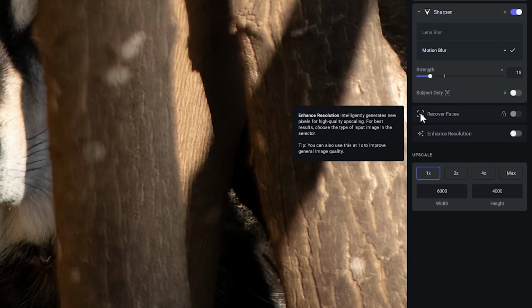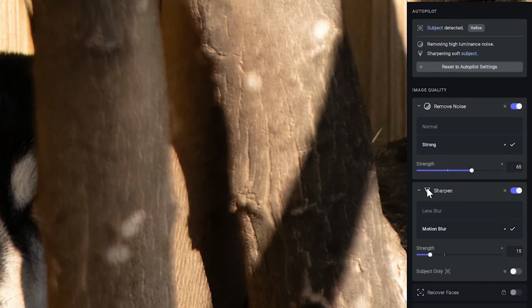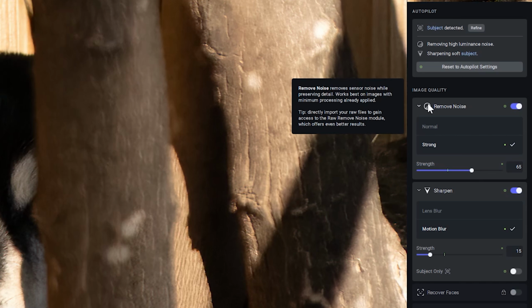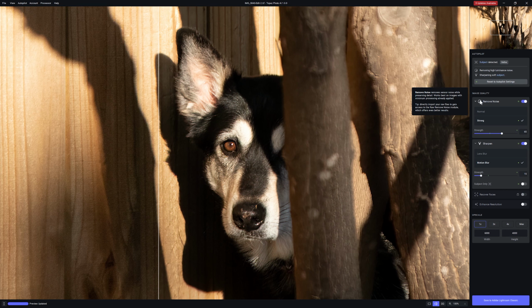One nice thing is they have added in the tooltips, or fixed the tooltips. So as you hover on the different icons and sections here, you do get a tooltip that actually tells you what these tools are doing, which is certainly a nice little enhancement as well. I don't think we're really getting any different results. They're primarily using the same models for the DeNoise and sharpening engines, so we're not going to see much there,